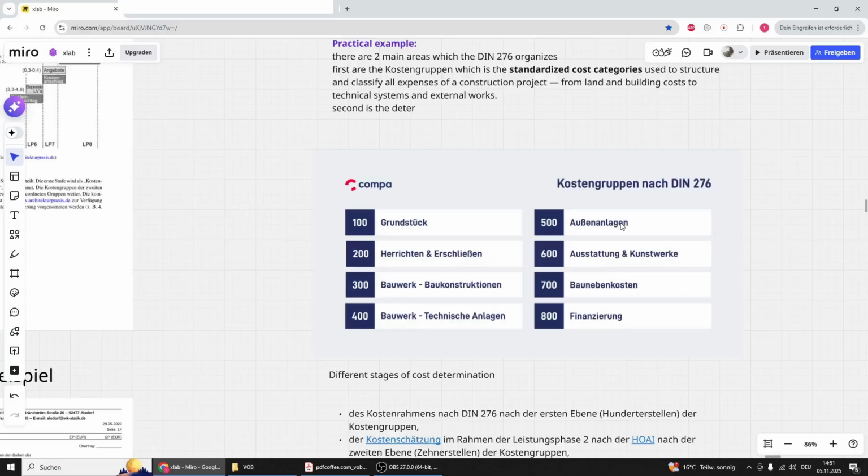And 700, this is the Baunebenkosten. Here we include design and consulting fees, permits, project management, insurance, and administrative costs. And then in the 800, the financial costs, the Finanzierung. This last group is for the financial expenses such as the interest, financing fees, or other project-related financial charges during